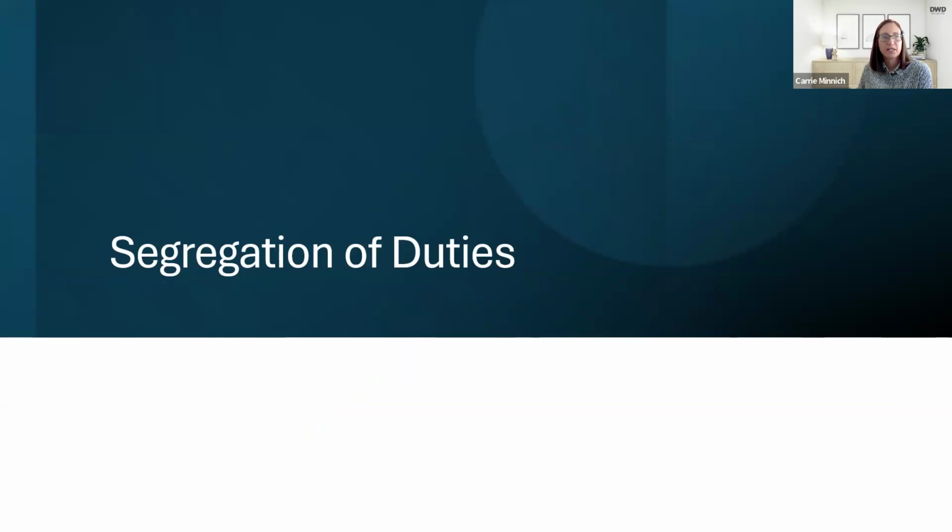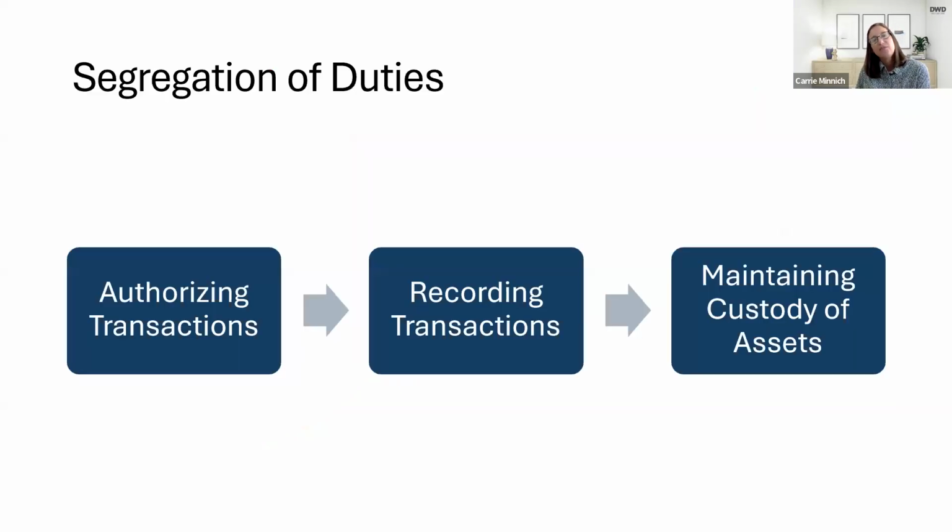Next, we're going to talk about segregation of duties. Segregation of duties within nonprofits can sometimes be difficult, especially for organizations that have limited accounting staff. When we come out and do audits, we do walkthroughs and talk about processes and procedures and who does what. And oftentimes, segregation of duties is not at the level that it should or could be because of limited staff.